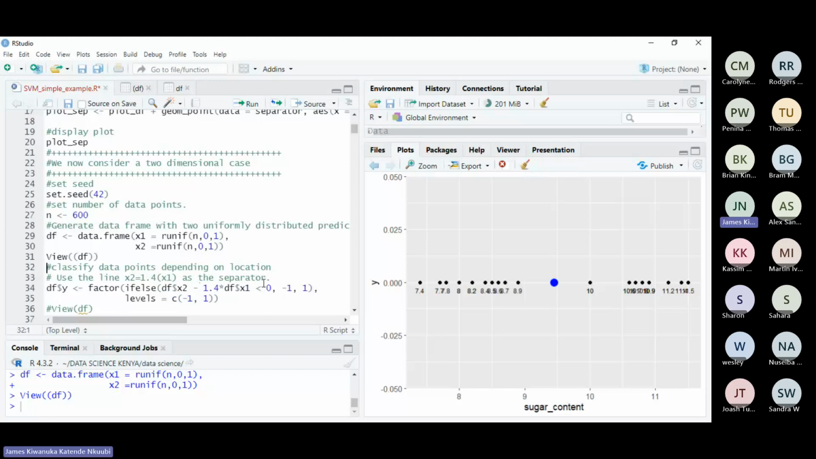Okay. So if any points for this linear function have a value less than 0, they will be labeled -1. And if they are greater than 0, they'll be labeled 1. So we'll add a new variable, which you call small y, which labels the points depending on which side they lie